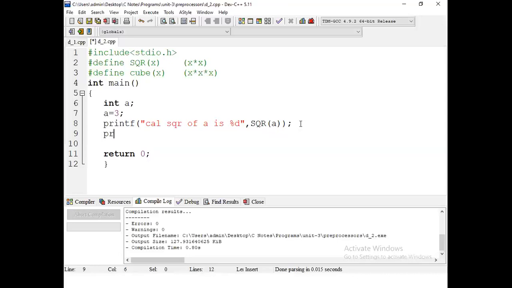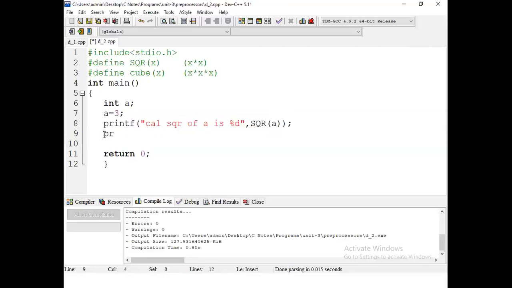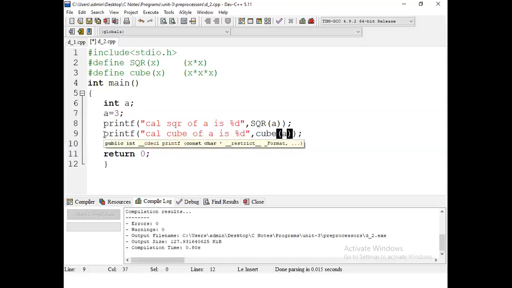Next, in the following, we have to use the cube also. Just have to use the macro cube of A. So what is A value? 3.